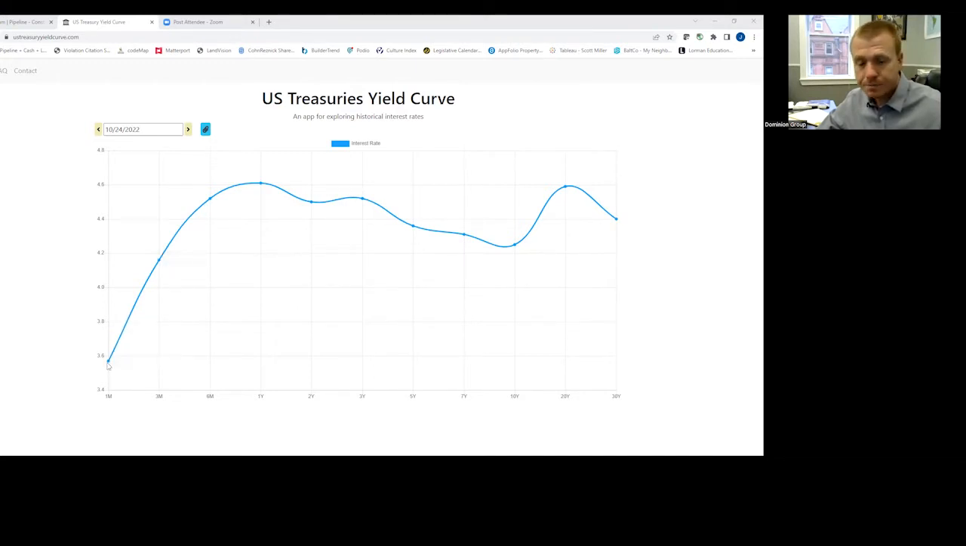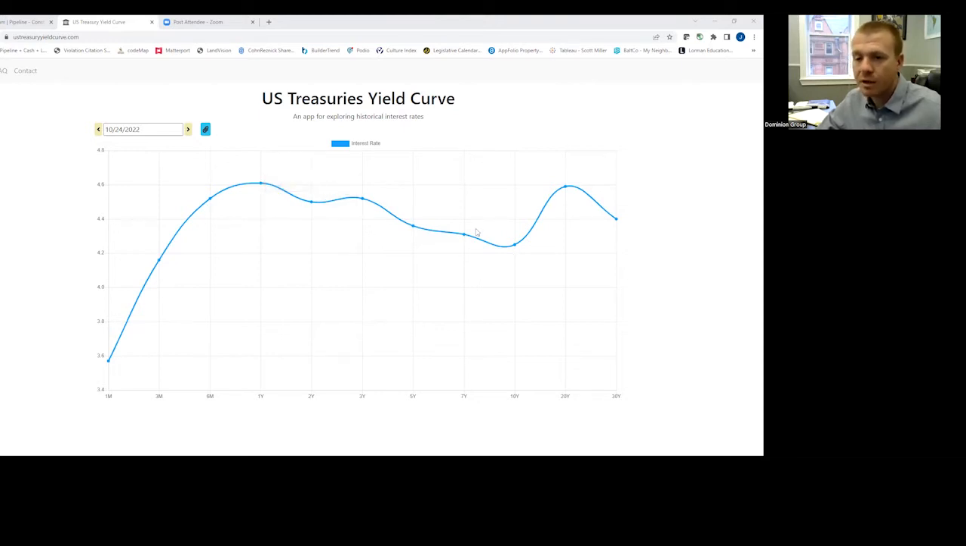So right now, if the US government wants to borrow money for just 1 month, they're willing to pay a 3.57% interest rate. Or rather, the market requires them to pay a 3.57% interest rate. If they want to borrow money for 6 months, it's 4.5%. A year is up to 4.6%. Weirdly, and it's concerning,